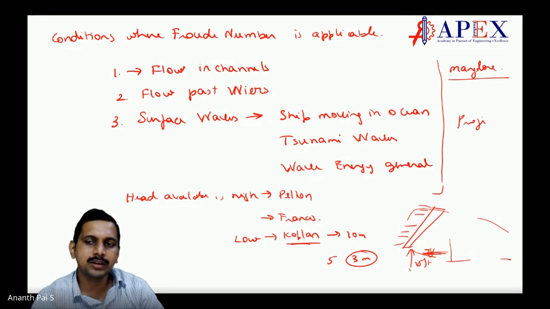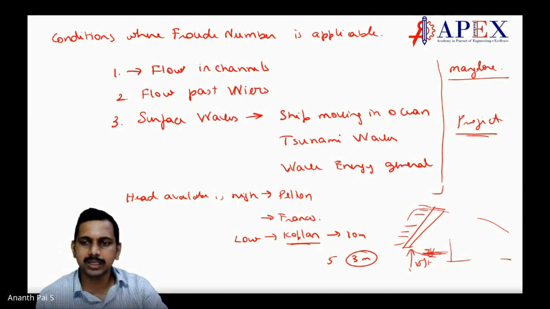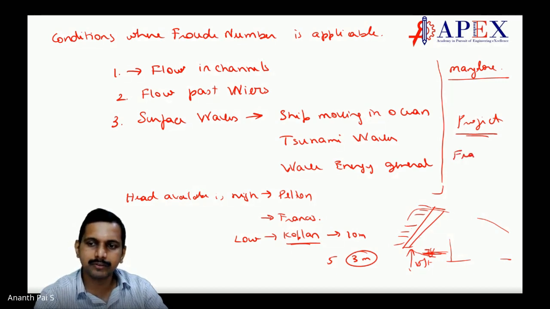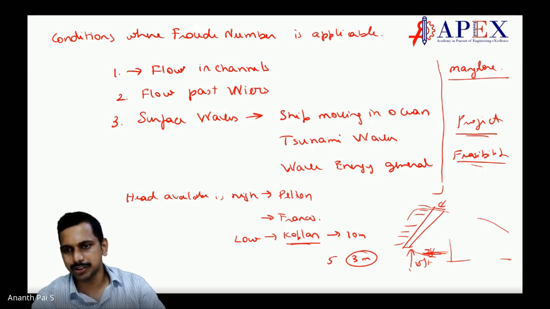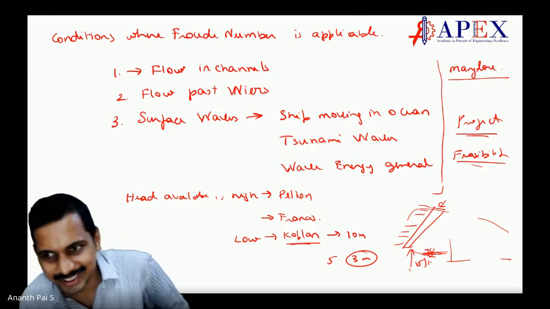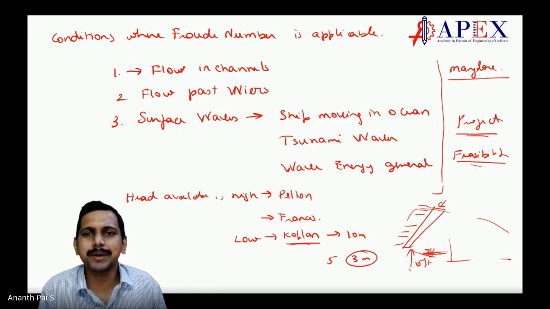People who are in the third year can do a project on this. You need not do anything. You have to do a survey of that particular land, and then you have to see the feasibility in terms of cost analysis and all those things. Feasibility of having a tidal power plant in a particular region. That is a fantastic project for civil engineers especially. You don't have to spend anything. You may have to take some permissions, that's it, to conduct the survey, from the government authorities.